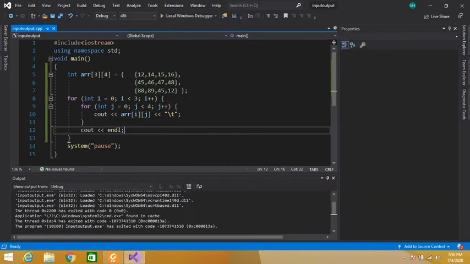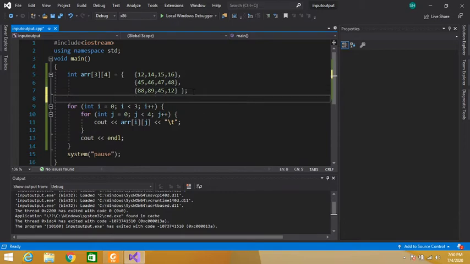So here we can write down cout, values in 2-dimensional array are, end of line. Values